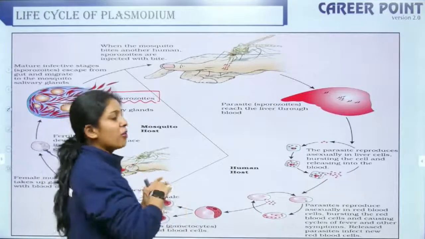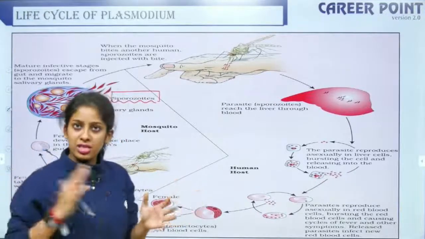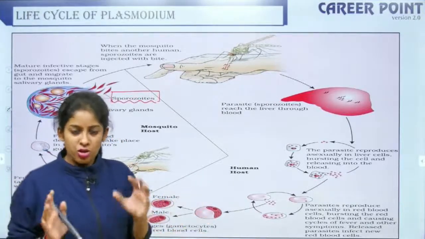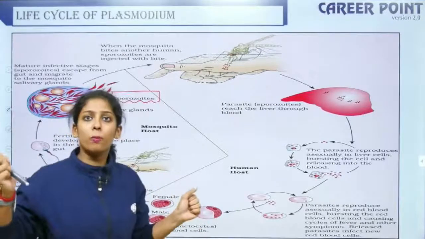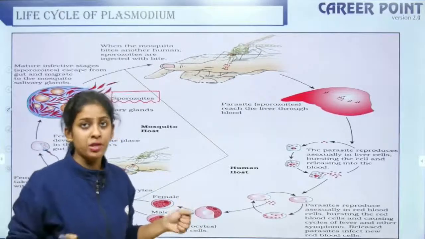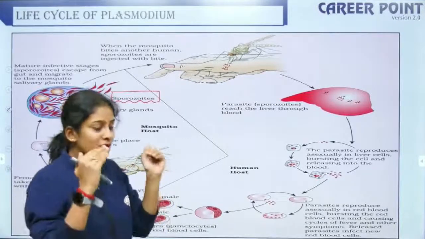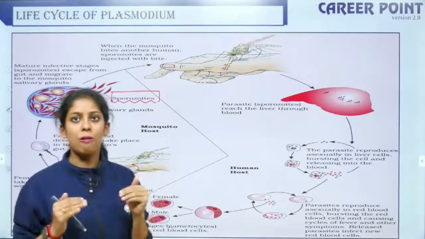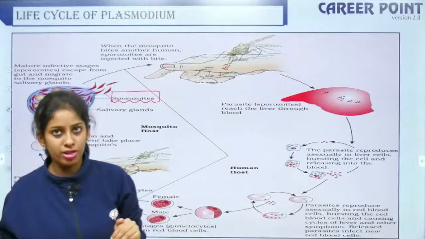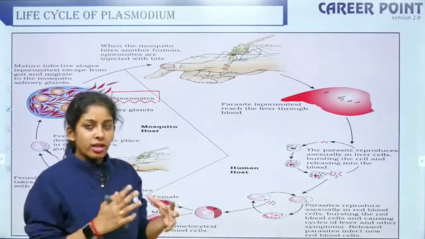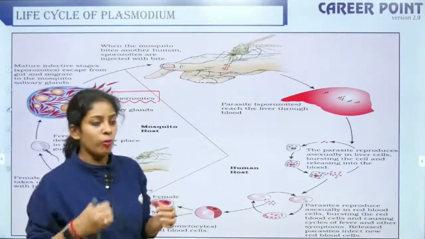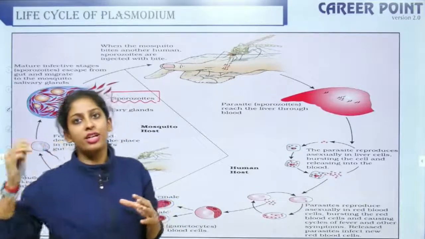Okay, so now they are rupturing the RBC and they are coming into the bloodstream. So in the blood you had RBC, now they are opening the RBC and coming into the blood. So now they are present in the gametocyte stage, right? So this gametocyte stage is now again ready to enter inside the mosquito. So fortunately another mosquito comes and bites the human and the gametocyte stage enters the mosquito.